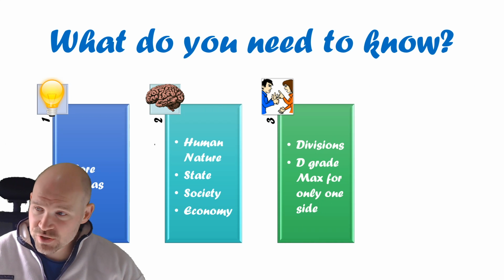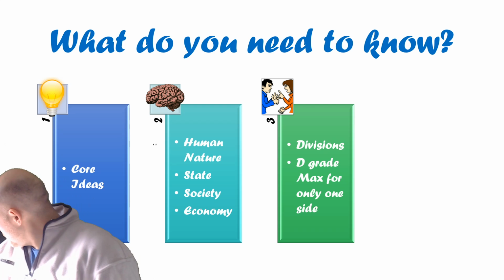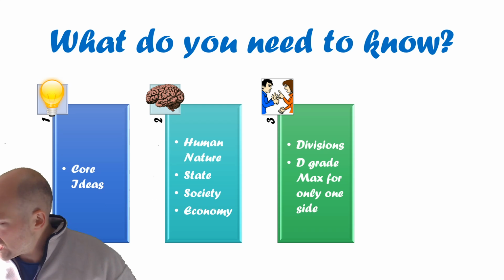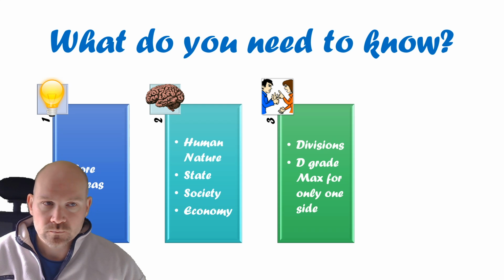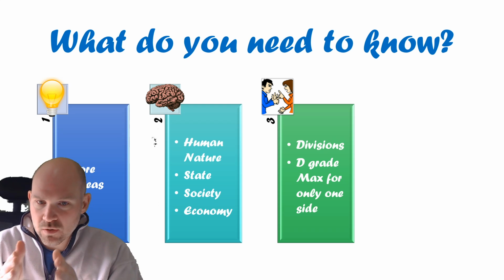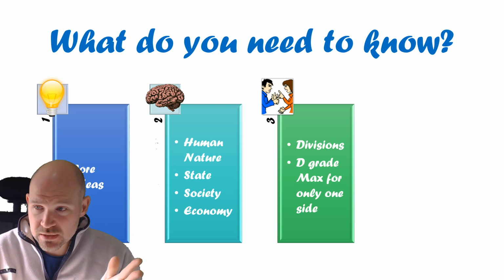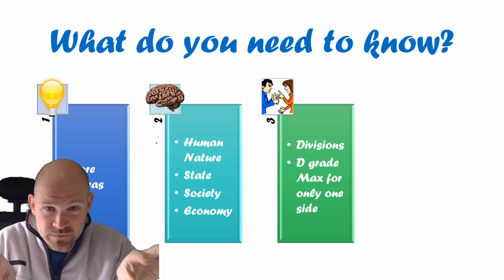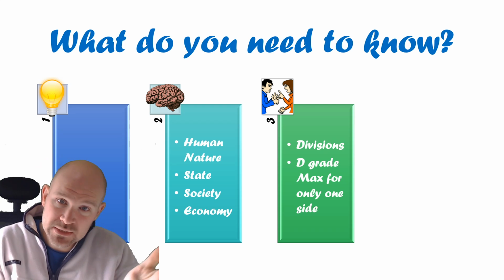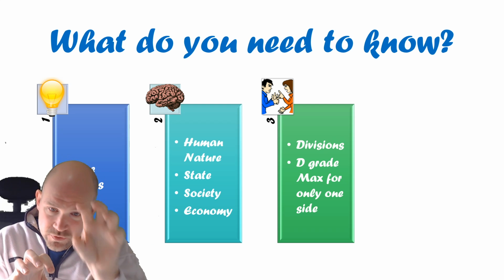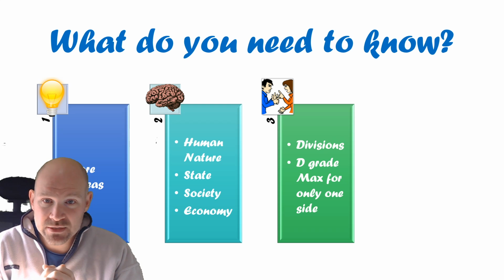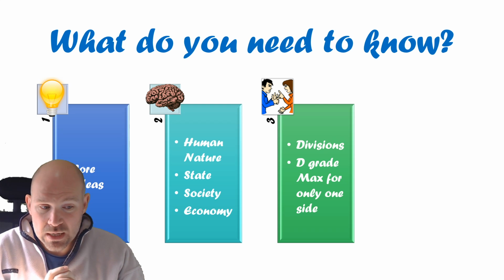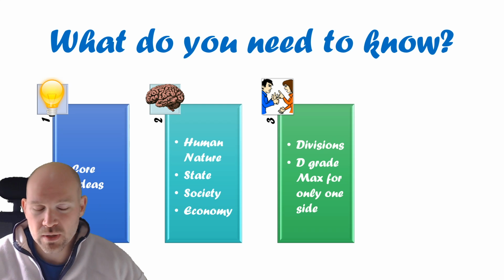You need to know the divisions between each one. So the exam specification, which I have a copy of here, specifies exactly what elements of those ideologies you need to know. So for example, in liberalism, you need to know classic liberals and modern liberals. These are 2 different types of liberals that agree over some things but disagree over others. And you need to know those 2 different attitudes, or in some cases 3 different attitudes. And you need to know how the thinkers relate, and we'll come back to that in a second.